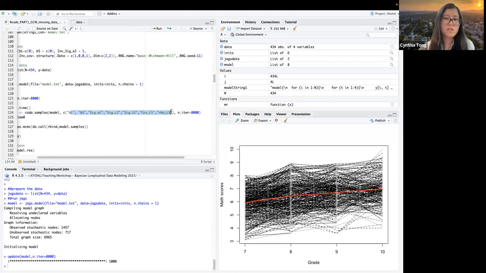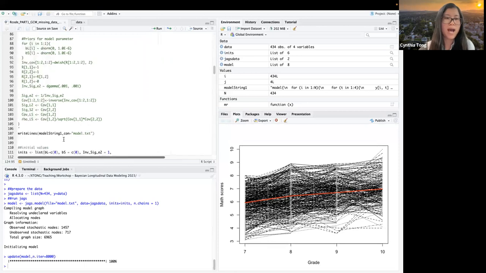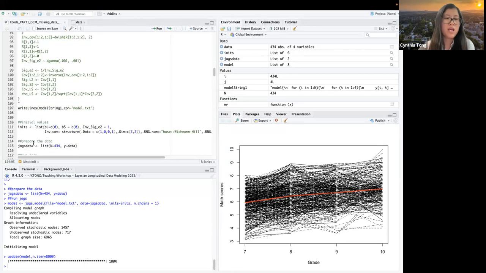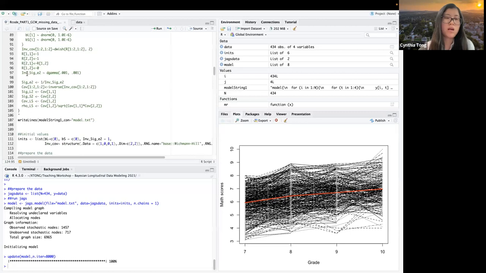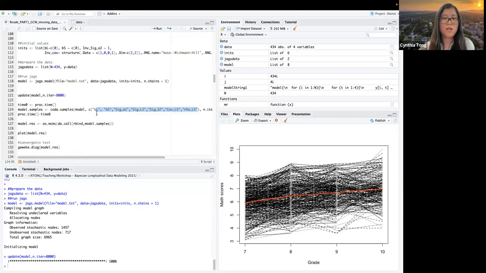So those are just the model parameters we have in the model. And later you will see that we can actually organize all those parameters into a vector. Like I can have my parameter 1 to be BL, parameter 2 to be BS, parameter 3 to be this. So there are just different ways or options that you can organize your results.